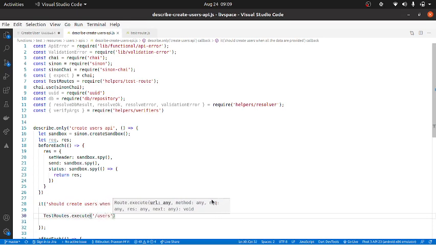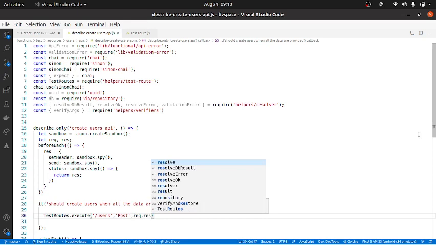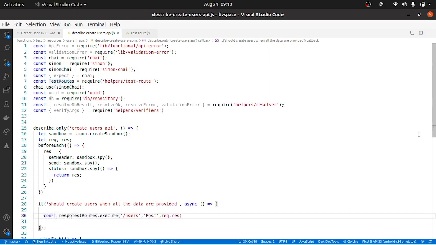This is taken care. What is the method? I am assuming we need to have it as post, and you basically have your request. I'll send the request comma response, and I think that should be good, right? So this will be const response equal to await execute this one, and I'll create a request here, done.